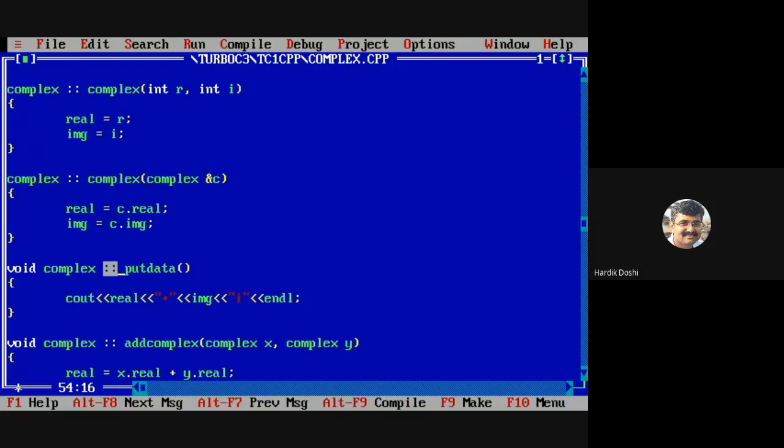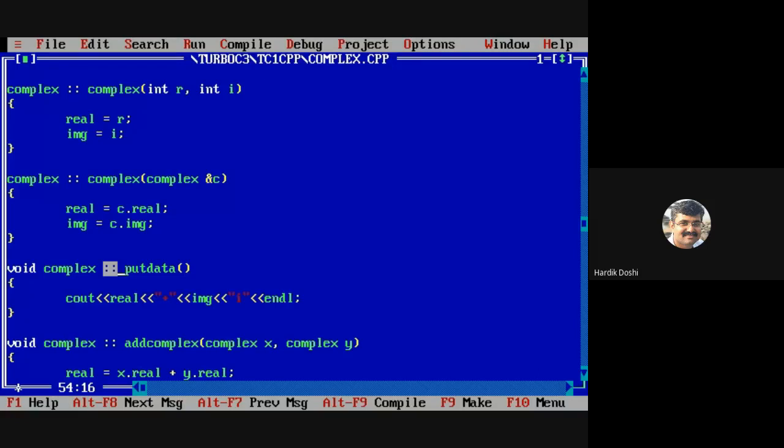Actually, this double colon is an operator. What is double colon? Operator. And what is the name of this operator? Scope resolution operator. Please mention it again somewhere in your notes. Double colon is a scope resolution operator. If I had told you at first, you would have been confused.